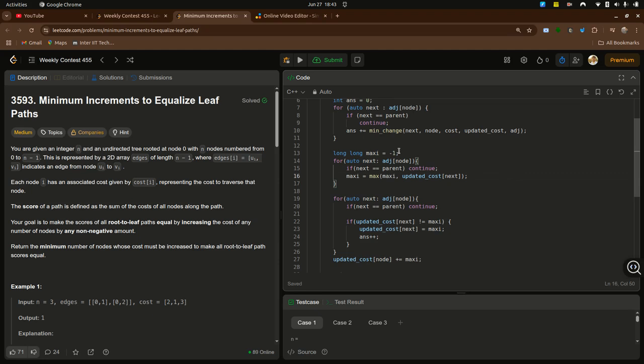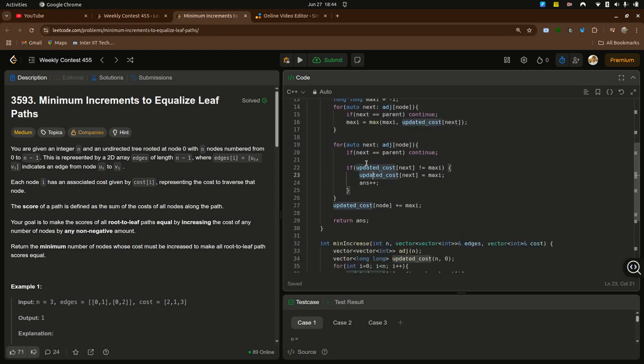So now you want to get the maximum path sum of all those subtrees. So basically you will be going to each of the child nodes, and from the updated cost you will first figure out the maximum cost among them, and then you will again go to each of the child nodes, and